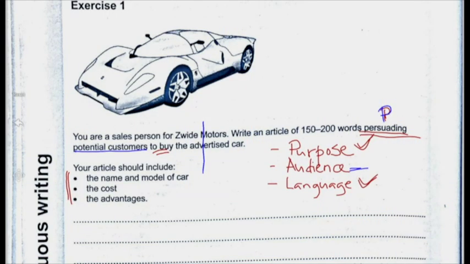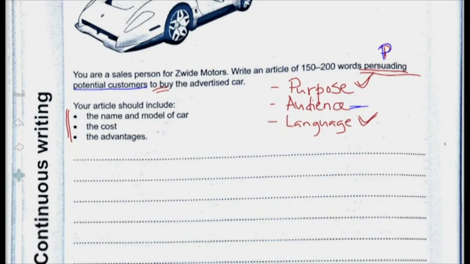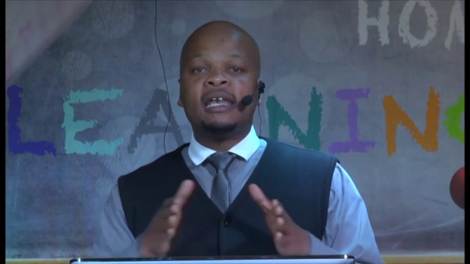So that is why you can use probably a word like "take a spin", because that is appropriate language to the target audience. You don't expect a 60-year-old to take a spin in a car. So use that language that is relevant to your audience. In this case, potential customers are your audience. And like we've already stated, these are people that can buy cars. So obviously, you have to know what they can use the car for,